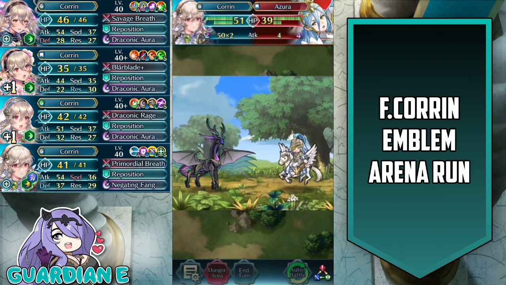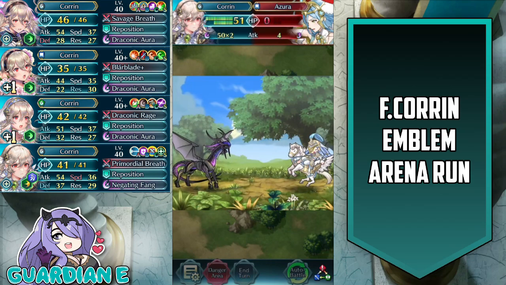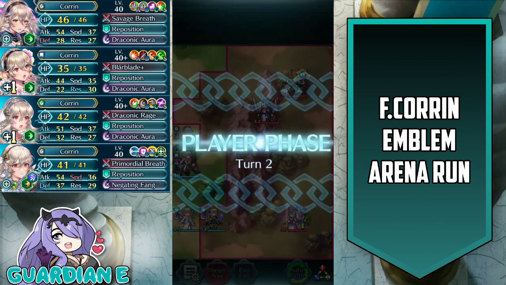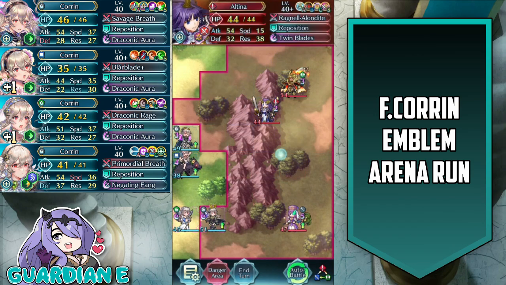Okay, that dings damage and Legendary Azura goes down. Very nice. We're going to see a lot of Corrin transformations this time around. Hope everybody's prepared. Okay. So at this point...